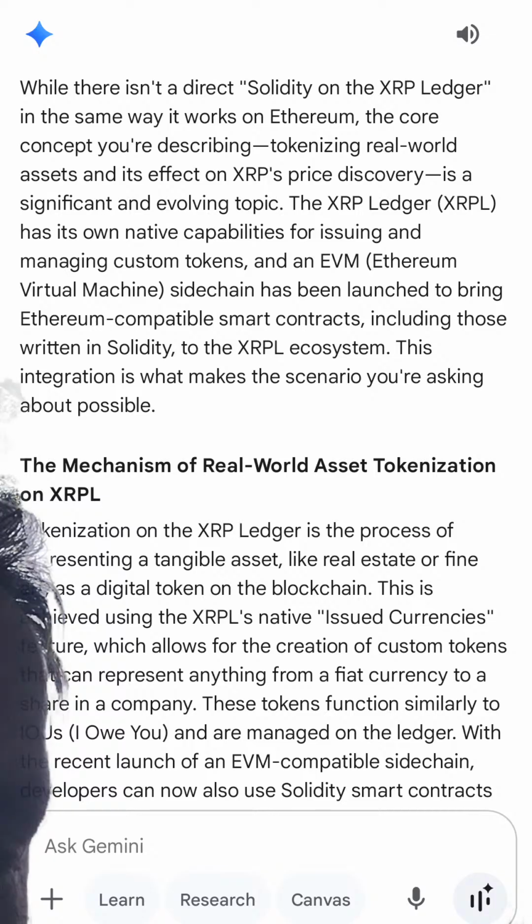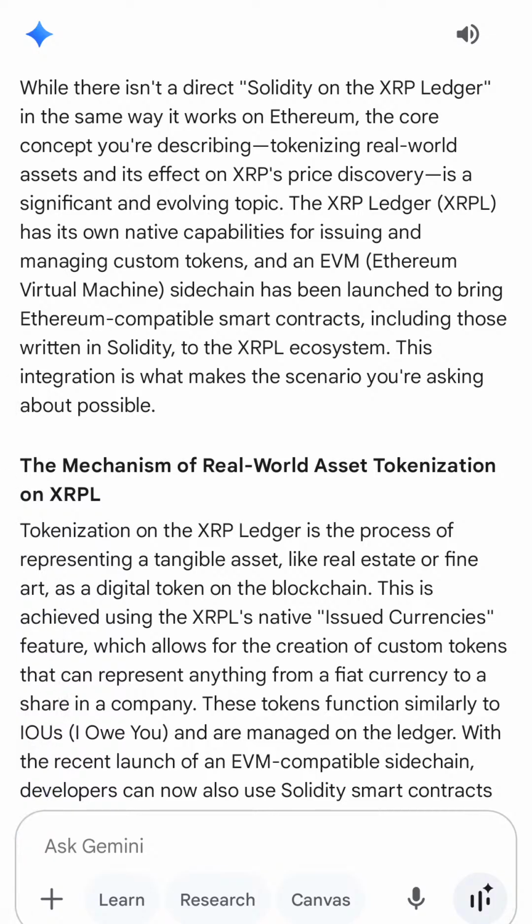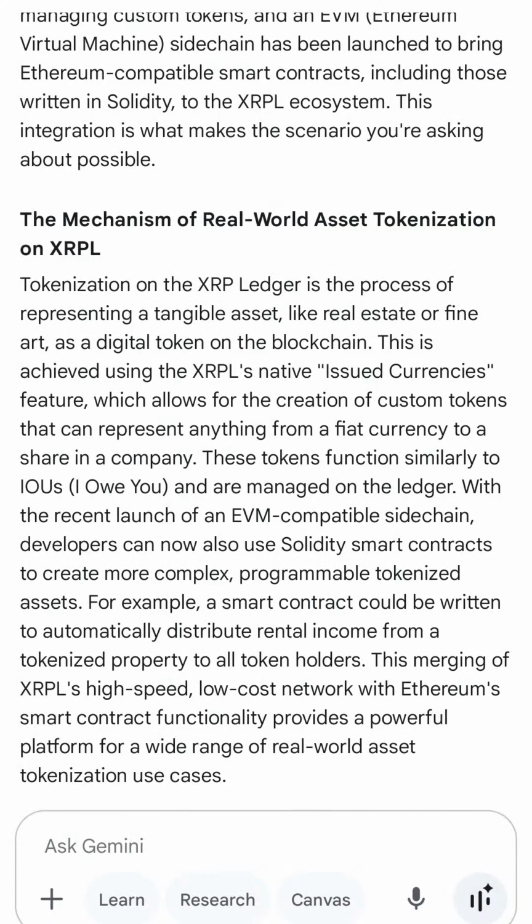With this recent launch of the EVM compatible sidechain, developers can now also use Solidity contracts on the XRPL. Managing custom tokens and the EVM, Ethereum Virtual Machine sidechain, has been launched to bring Ethereum compatible smart contracts, including those written in Solidity, to the XRP ecosystem. This integration is what makes the scenario